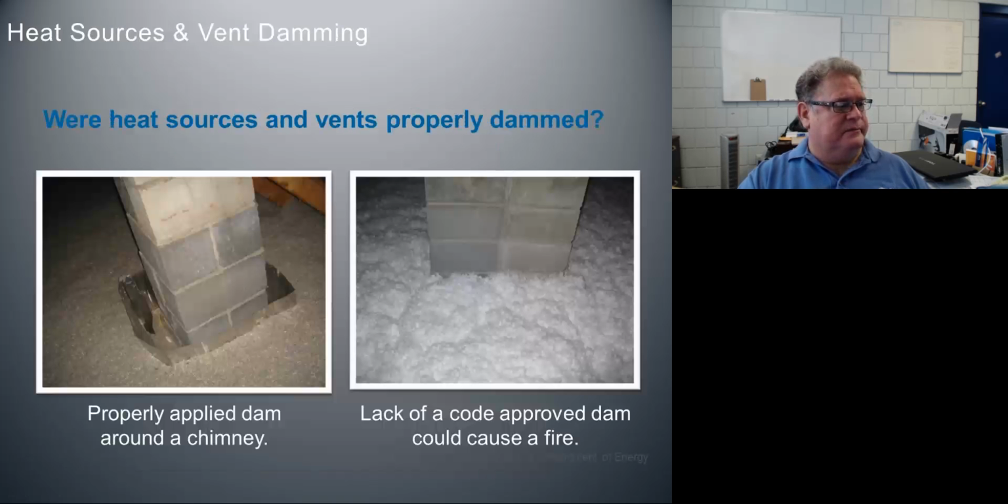Okay, so right here on the left, what we're looking at is a proper damming around a chimney. However, right in here, it looks like we've got some blown cellulose. So that would have to be cleaned out. That's something that I would talk to the crew chief about, just have them clean that out, okay? I'm not going to make a fuss about it, but it needs to be cleared out of there. And then on the right-hand side, we have a lack of a code-approved